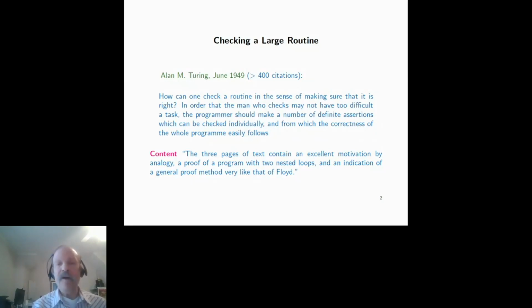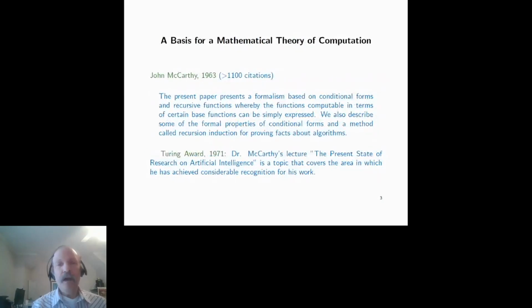Then there is a bit of a hiatus from 1949. The next time we find a paper which is not really about verification explicitly, but implicitly, is by John McCarthy, 1963, called A Basis for a Mathematical Theory of Computation, in which he does address the issue of how we formally get formal properties of programs. He was thinking about recursive programs, so he had to deal not with loops, but with branching and with recursion. But again, we do find a very early idea on how to reason about programs.